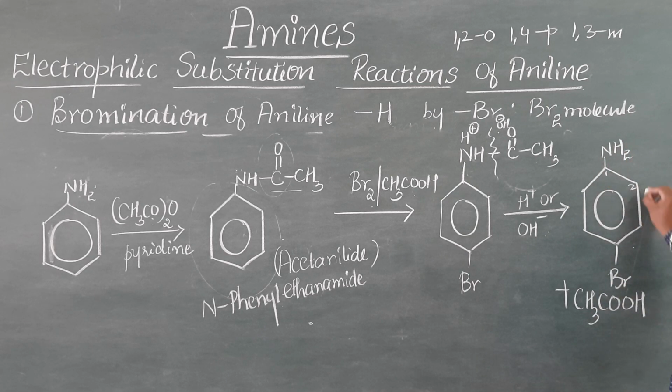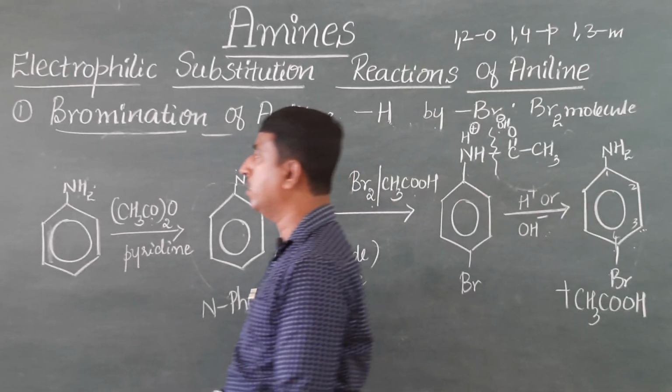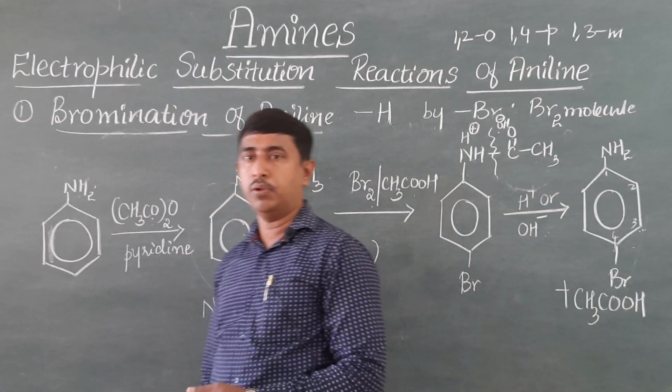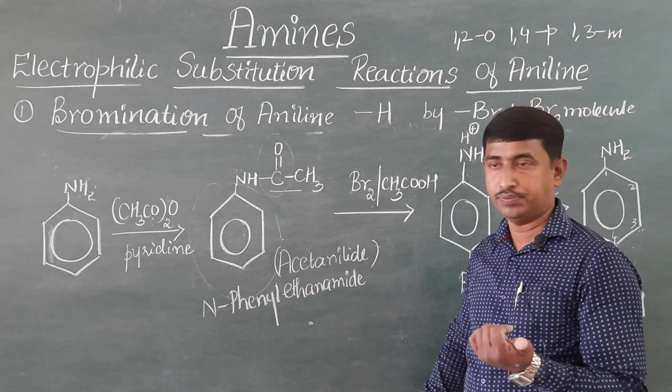Can you name this compound? This is 1, 2, 3, 4. It is 4-bromoaniline, or para-bromoaniline, and this is the mono-substituted product. So in order to get a mono-substituted product, in the case of aniline, first we have to carry